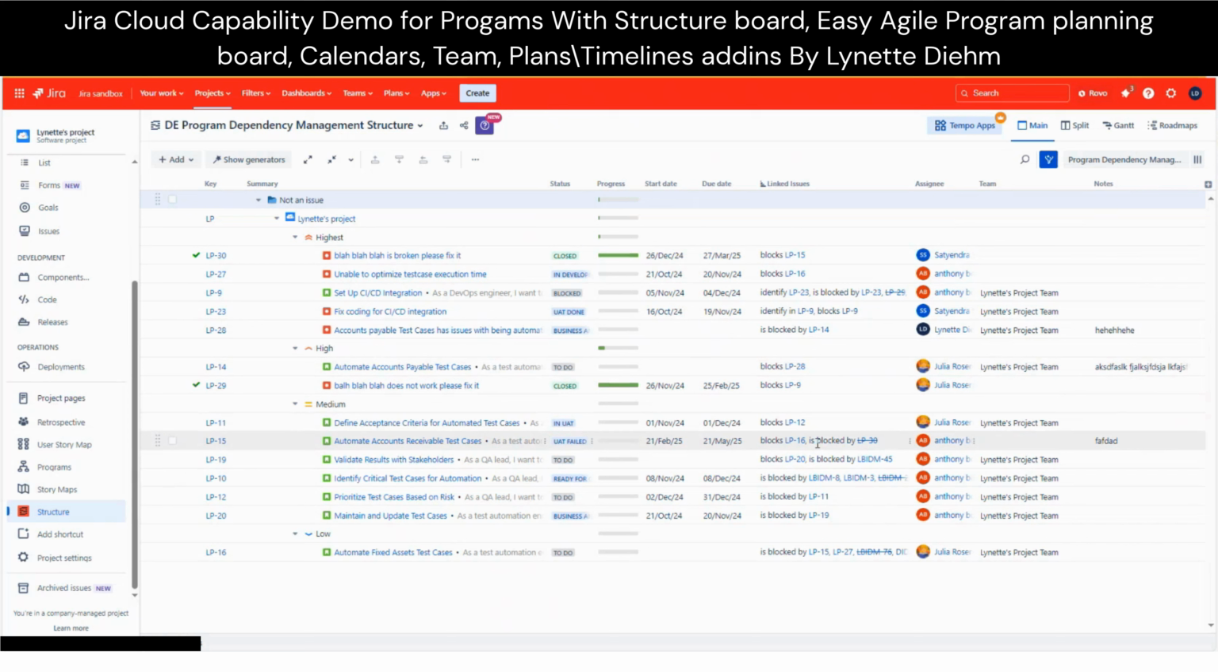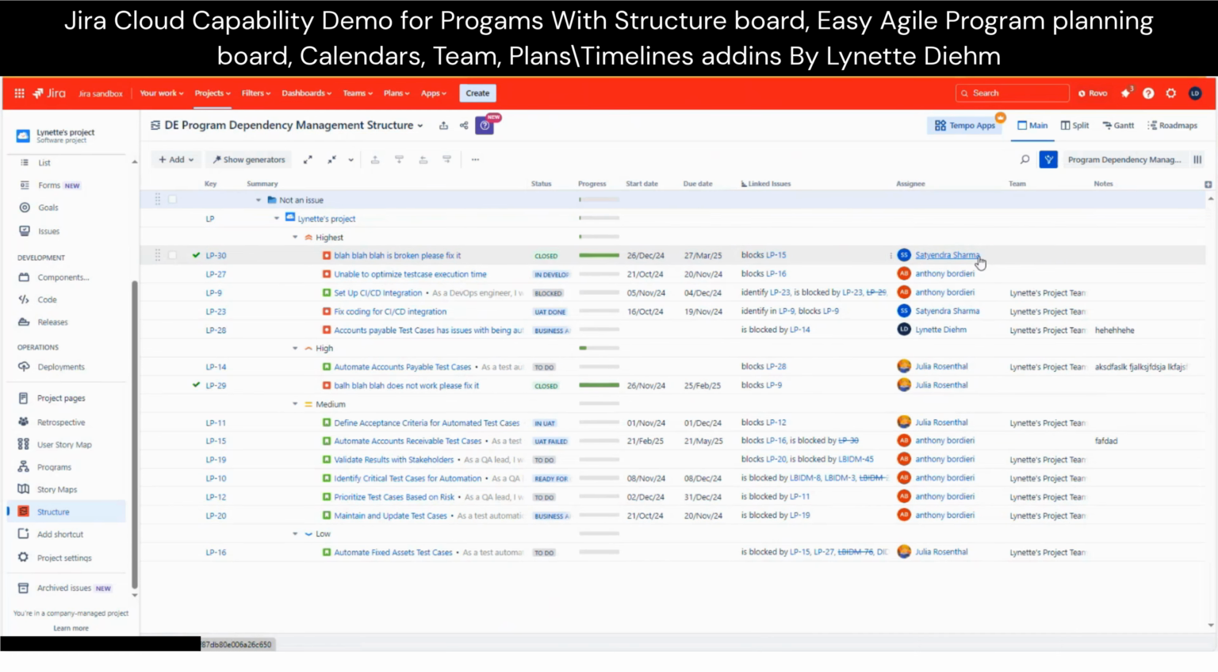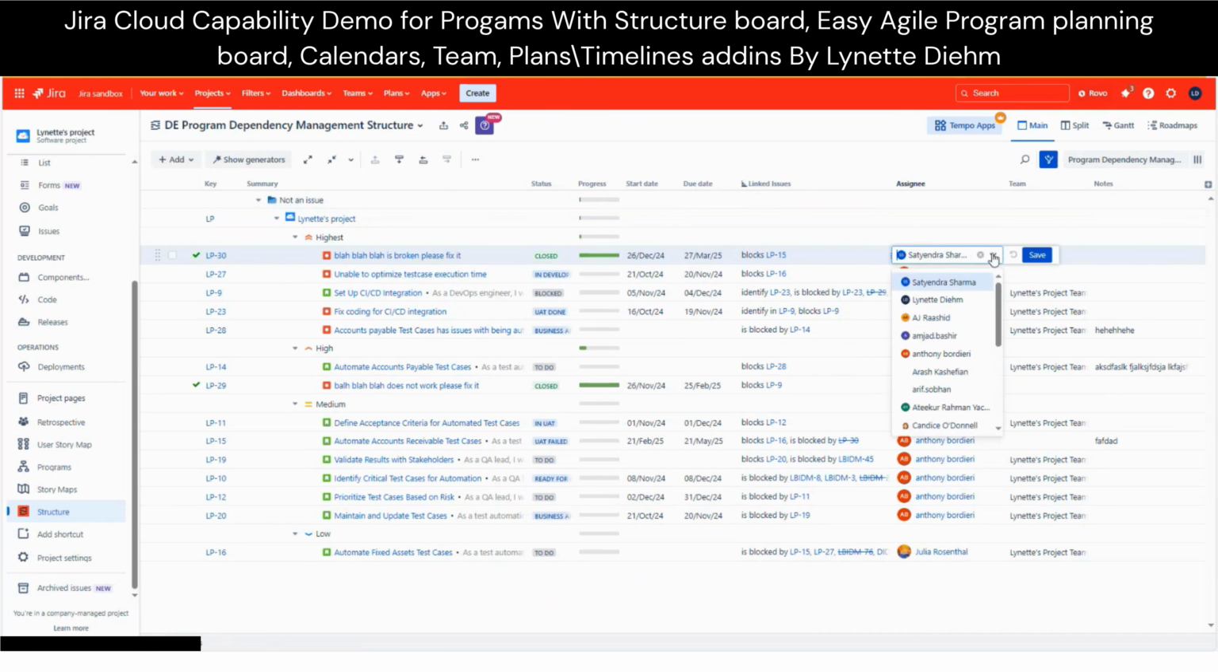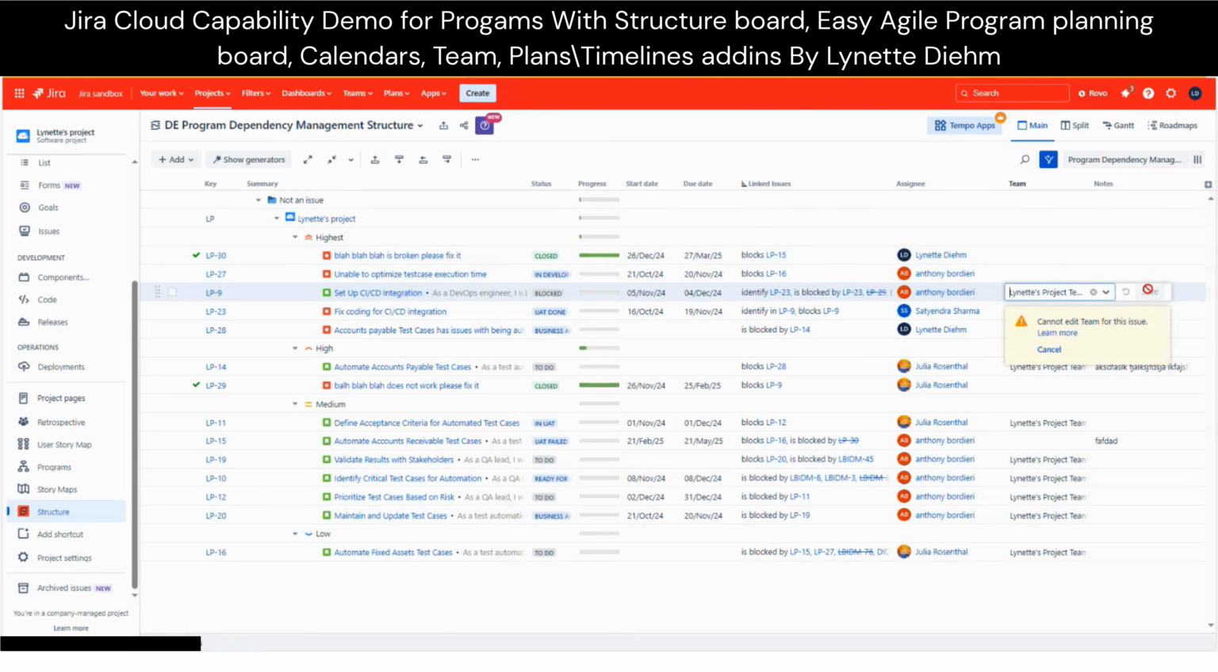So that's really handy for just being able to manage your dependencies and have a look at what's blocking what, so that you can chase people up about the dependencies. You can, in this view as well, you can change the resource if you want to, so the assignee. You can change the team if you want to. At the moment, it's not doing it, but